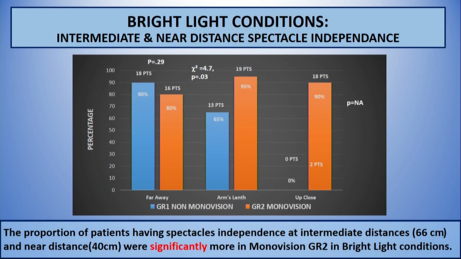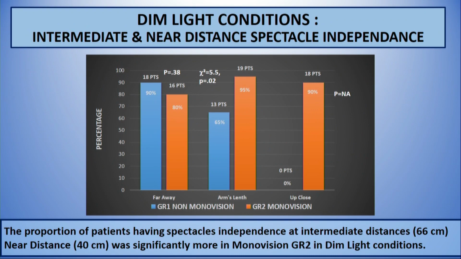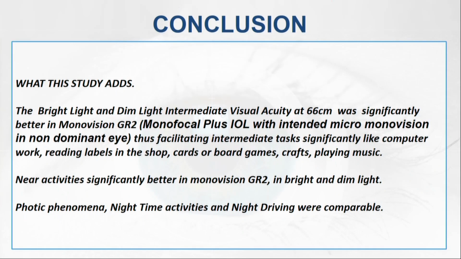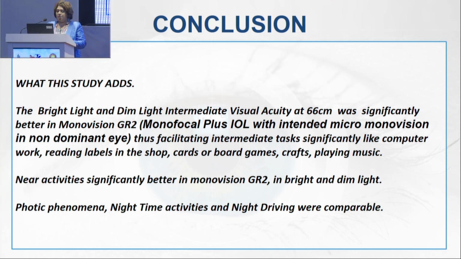The proportion of patients having spectacle independence at intermediate distance 66 centimeter and near 40 centimeter were significantly more in monovision group 2 in bright light as well as in the dim light. What this study adds is that the bright light and dim light intermediate visual acuity at 66 centimeter is significantly better in monovision group 2, monofocal plus IOL with intended micro monovision in non-dominant eye, thus facilitating intermediate tasks significantly